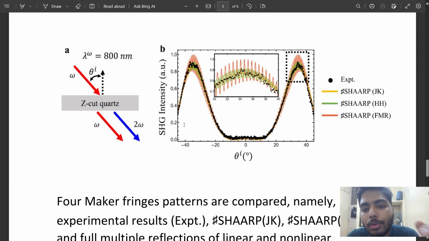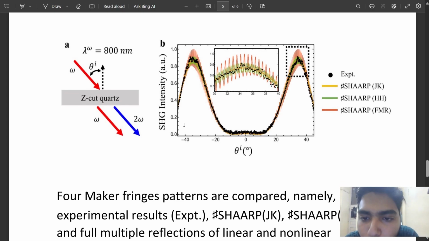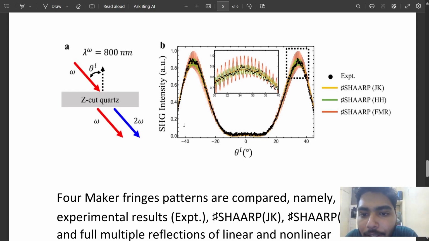from a broader view, we can't distinguish the graphs. We will say this is the experimental graph, and this is the SARP JK, SARP HH, and this is the SARP FMR. But if we zoom in at a particular position, in the dashed region here, when the incident angle is around 30 degrees or so, we can see some fine